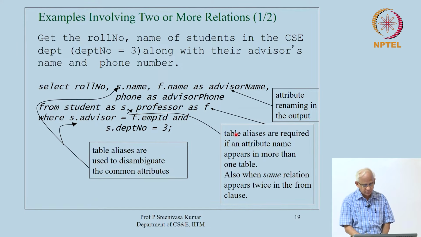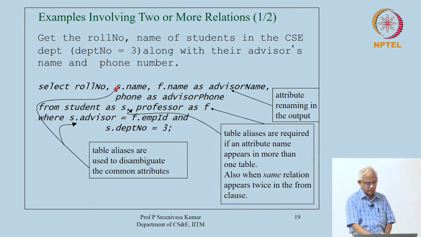And if 2 relations share the same attribute name, then also in order to disambiguate whose attribute you are talking about, you will need table aliases. So, these S and F are called table aliases. So, student as S, professor as F,